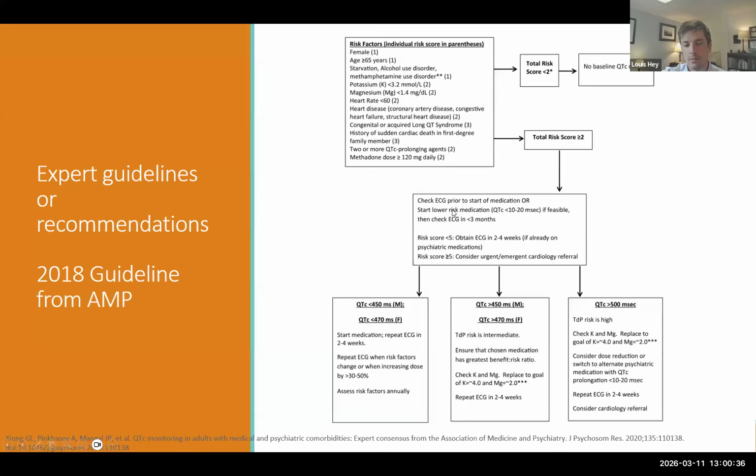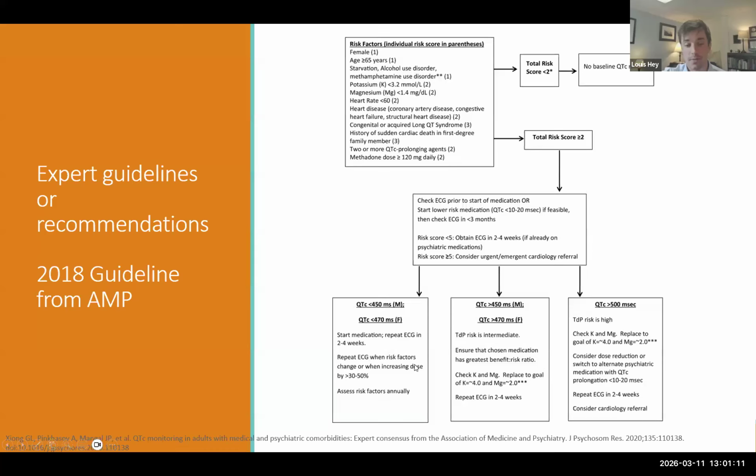And then if you can, pick a medication that is lower risk. But otherwise, as long as their score is less than 5, based on their baseline EKG, you calculate their QTc. If it's less than those 99th percentile values, so for men less than 450, for women less than 470, but you're still worried based on the risk factors and based on the fact that their QTc may go up with this new medication, according to this algorithm, you start the medication, repeat an EKG in 2 to 4 weeks,